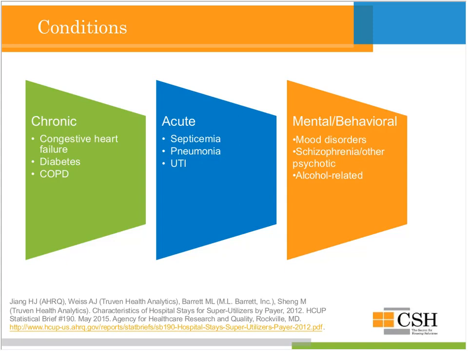Mood disorders ranked as the most common hospitalization reason for Medicaid super utilizers in this study, demonstrating not only how prevalent mental health issues are amongst frequent users, but also how they drive up costs, since psychiatric inpatient hospitalizations are extremely expensive.